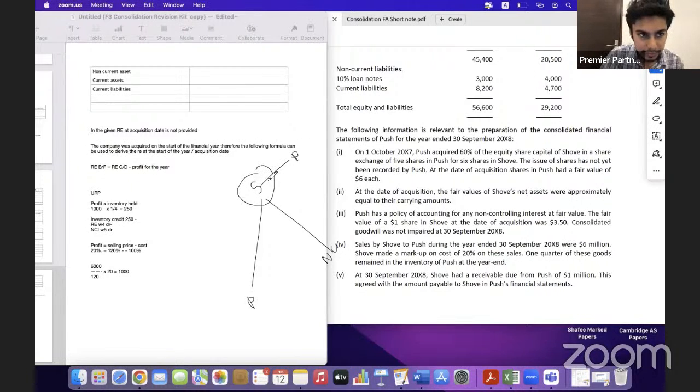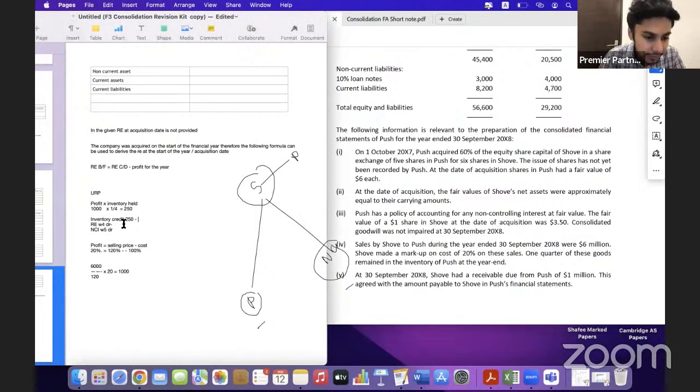So because he is making the profit, he has to give some profit to parent and some to NCI. So from parent's side you remove, NCI also you remove. Parent keeps his profit inside retained earnings, so remove from there. NCI keeps his profit inside NCI, so remove it from there, but not the whole thing, according to the ownership